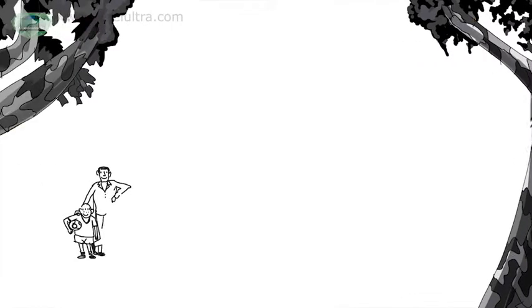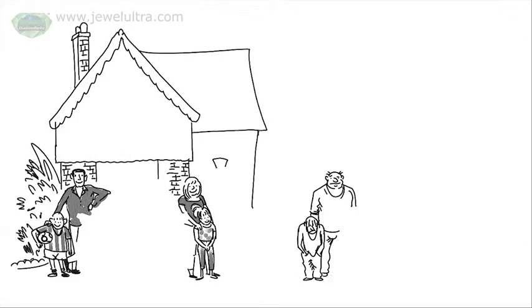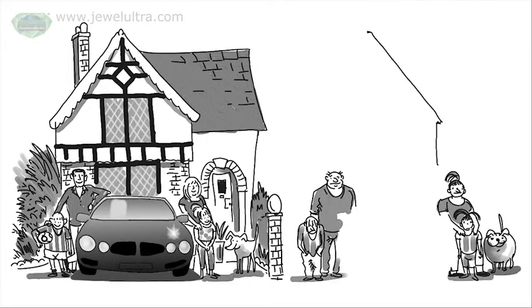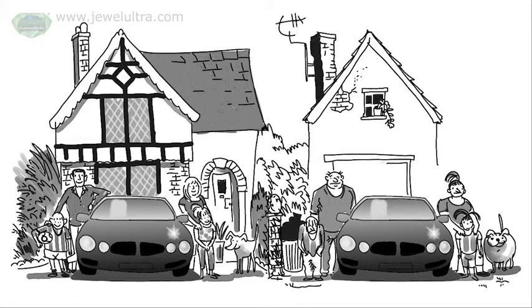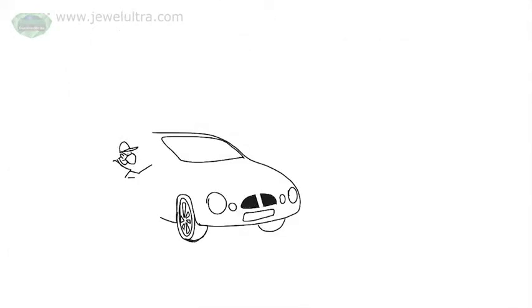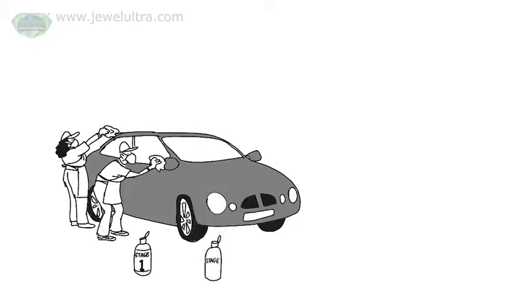Meet the Sharp family, who live next door to the Brown family. One day, Mr. Sharp and Mr. Brown both decided to buy new cars. And by coincidence, they ended up buying the same make and model. When they bought their cars, both Mr. Brown and Mr. Sharp were offered the chance to protect their vehicles with Diamondbrite paint and fabric protection from Dual